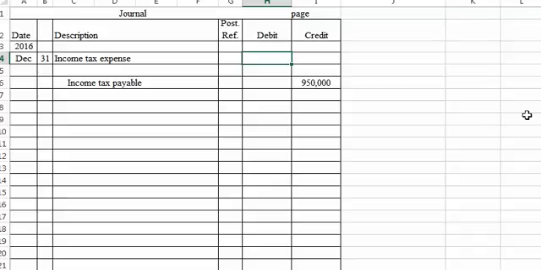First, we're going to have to get the taxable income, and then we can take out the temporary difference. Taxable income